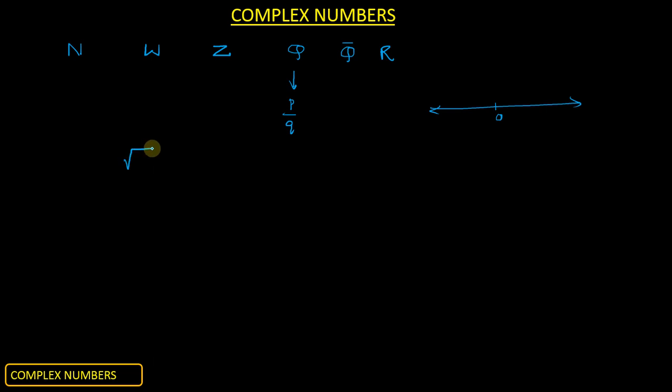Suppose we have the square root of -2. Can we plot the square root of -2 on the real number line? No. In fact, the square root of -2 is not defined. Square root is defined when the number inside the square root is what? Non-negative, like 7. Square root of 7 is defined. Square root of 2 is defined. Square root of 4 is defined. What is the square root of 4? In fact, it is 2, not plus minus 2. Remember that it is 2 only.